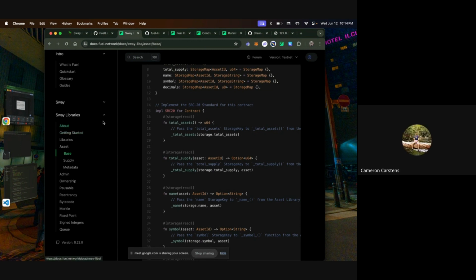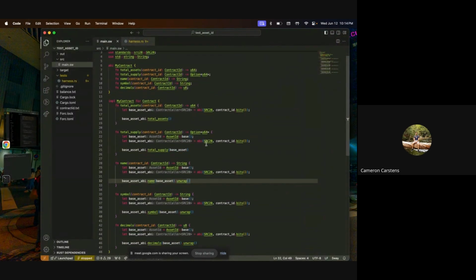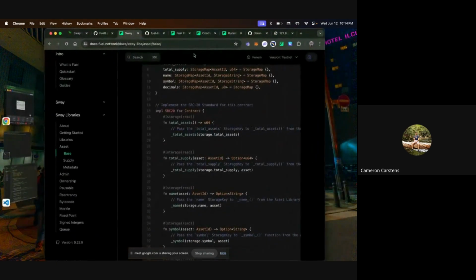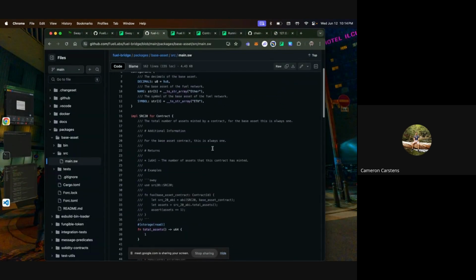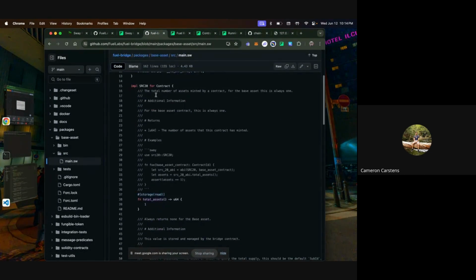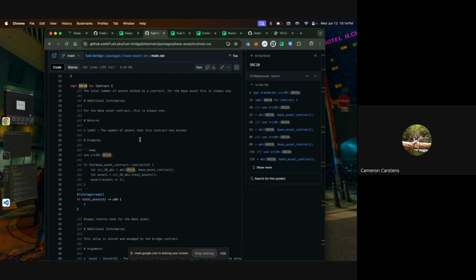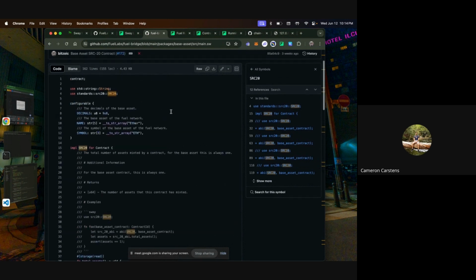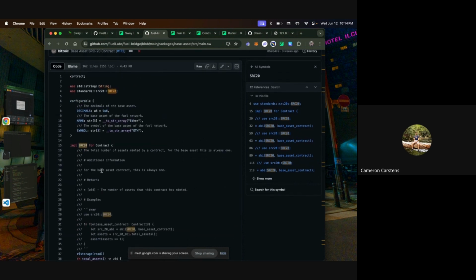Okay, perfect. So I have this basic contract here. This is going to be an example of a cross-contract call. Here we have, on Fuel, a base asset, and it has a base asset contract. This here is our base asset contract. It's very simple. It's just a simple SRC20 implementation. And the asset is ether, returns the name, symbol, all the good stuff there.